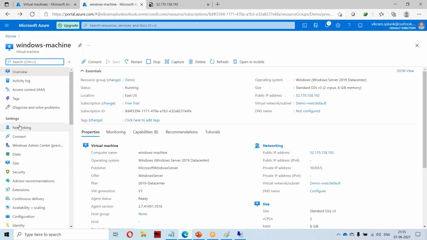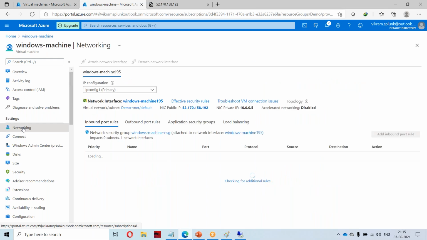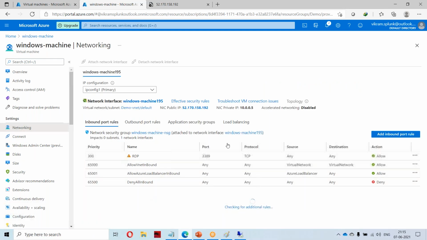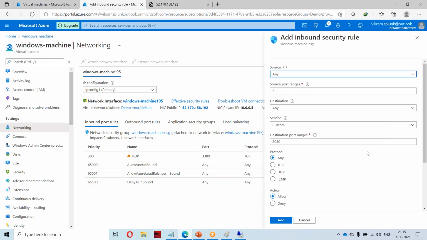Here I have to click on networking on the left side of that particular Windows machine. Here you will have the rules. Here I have to add an inbound port rule, source any, source port any, destination any.